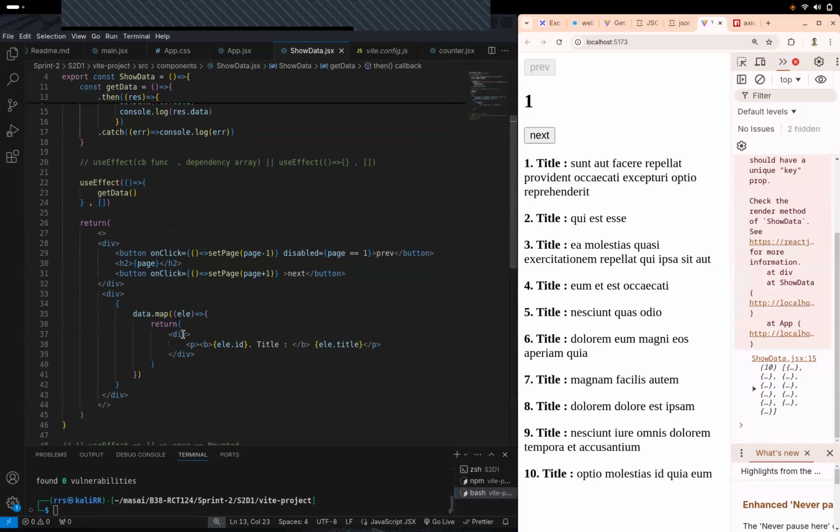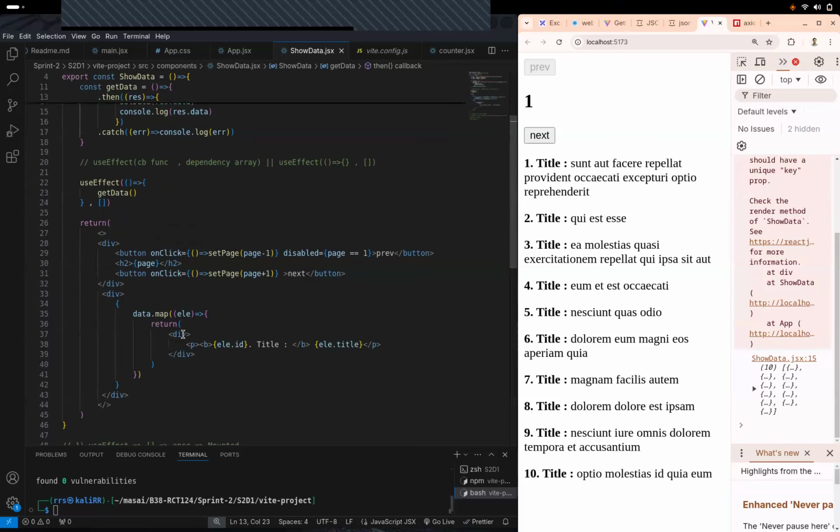Yes. If I click on the next button, the page number will change, but the data is still the same. The reason being, even though the page number is changing, is this fetch function being called? Is this get data being called in useEffect? No. So that's where this dependency array comes in.